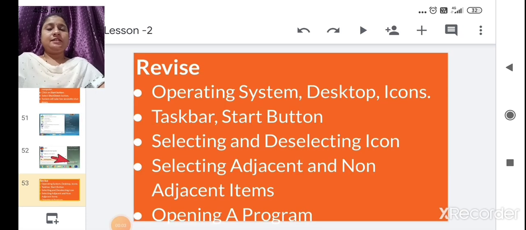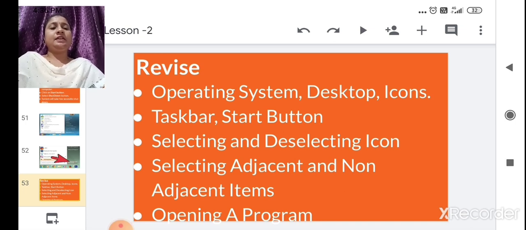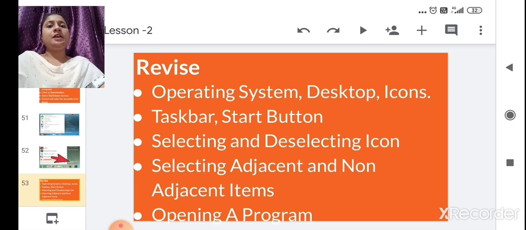So in this lesson, that is lesson number 2, we have learned about the operating system, that it is a set of programs which manage all the jobs of the computer and make it run. We also saw the desktop, the first screen that appears with labeled pictures on it. Then we have seen an icon, a small labeled picture or symbol present on the desktop.